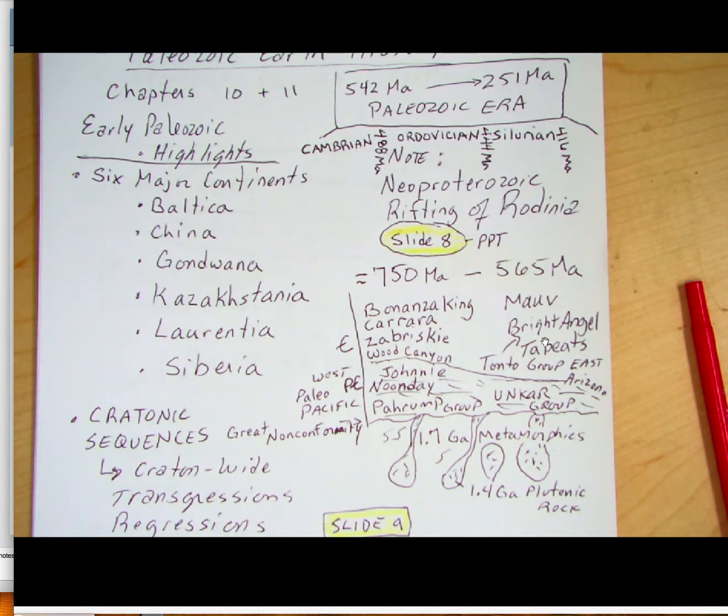But while these are forming in the Grand Canyon of Arizona, over here in Death Valley, we're seeing Cambrian rocks. In fact, this Wood Canyon formation is a limestone that really spans the pre-Cambrian boundary here, right? Then we see the Zabriskie quartzite, the Carrara Formation, which are a series of limestones and some fine sands, and then the Bonanza King Formation, which is another series of limestones. So mostly we're seeing limestones, minor siliciclastic rocks over here in the west, over in the Death Valley region,